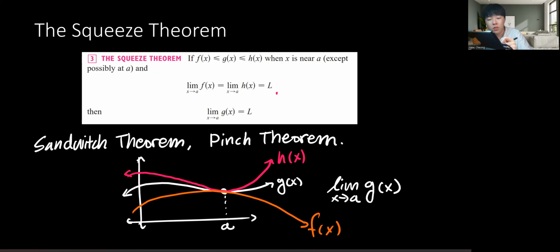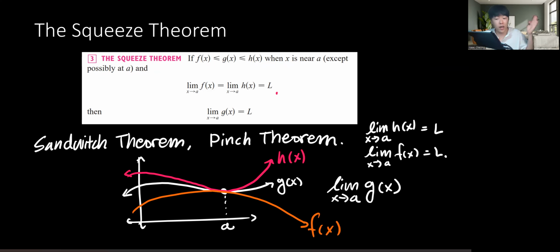If we know that the limit of h(x) as x goes to a equals L, and the limit of f(x) as x approaches a equals L, which means these two functions are approaching L as x approaches a,